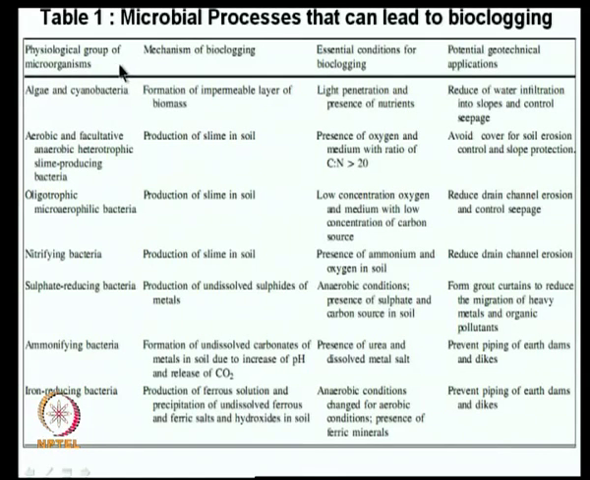In this table, there are different items mentioned. One is the physiological group of the microorganisms, what type of groups they belong to. Say for example, algae, aerobic and facultative anaerobic bacteria, then oligotrophic bacteria, nitrifying bacteria, sulfate reducing bacteria, ammonifying bacteria, iron reducing bacteria. There are many types of bacteria, and I must confess that one should have a good knowledge of